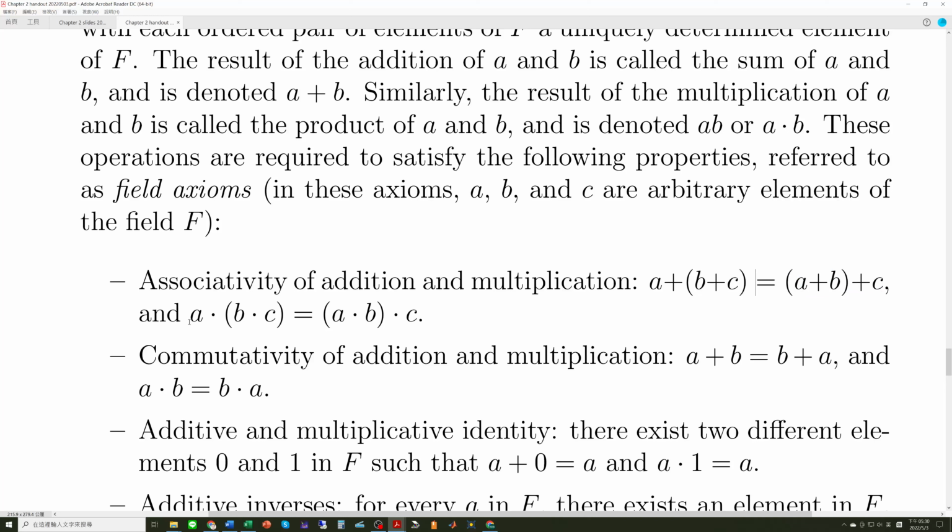Similarly, if you want to compute A dot B dot C, then you can compute B dot C first and compute A dot parentheses B dot C. Or you can also compute A dot B first, then compute parentheses A dot B dot C. Again, the results of the two expressions